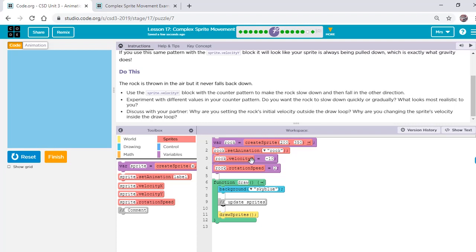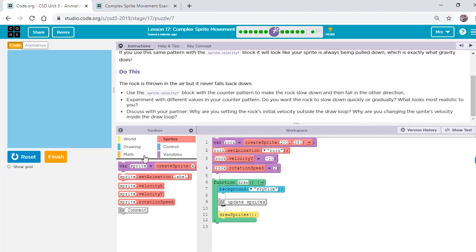Here we have a starting value for the rock's velocityY of minus 10. Why do we have minus 10? We need to move the rock up, decreasing the value of y. Now we need to increase the value of y to let the speed of the rock slow down and